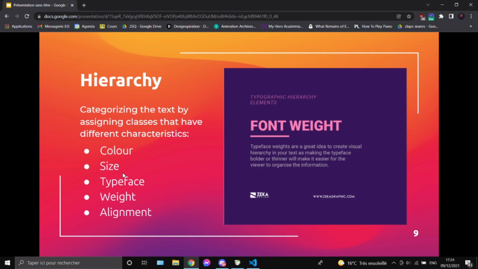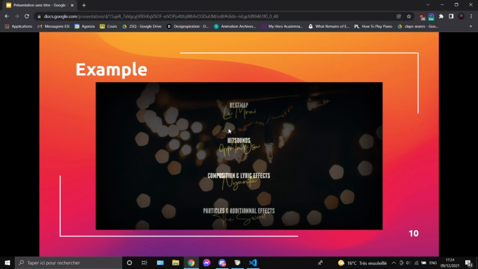Usually you're not going to need to create more than 2 or maximum 3 classes for your fonts, unless you're writing essays or articles. Then there you're going to need to have different types of classes. But for storyboarding, you're usually going to need only 2. So if you take a look at this example,